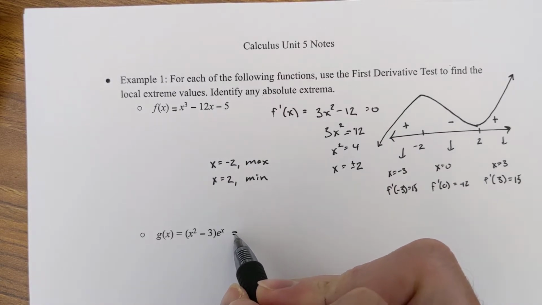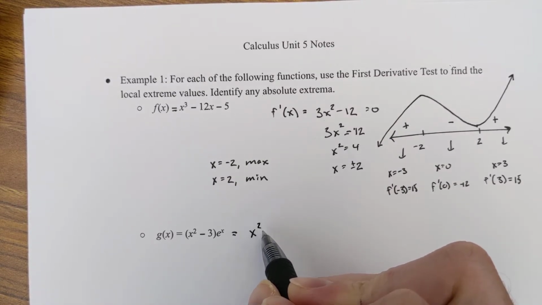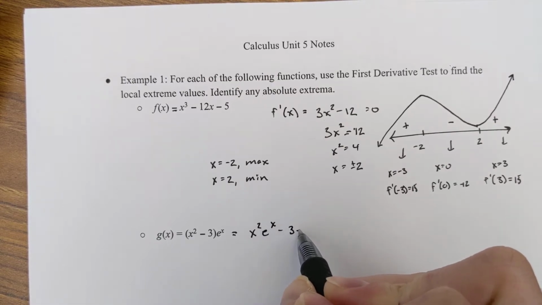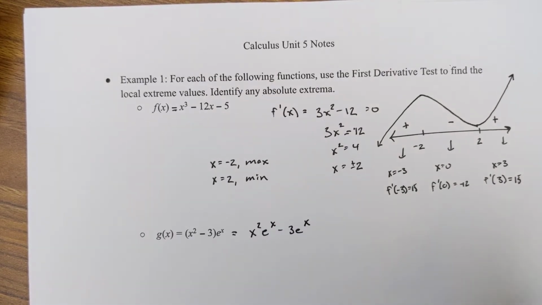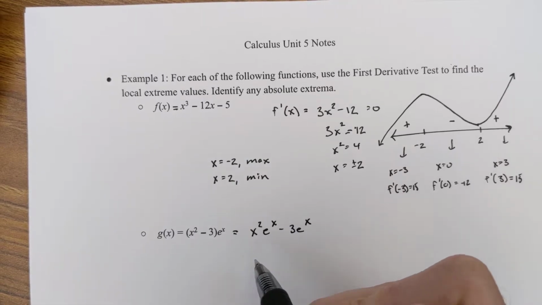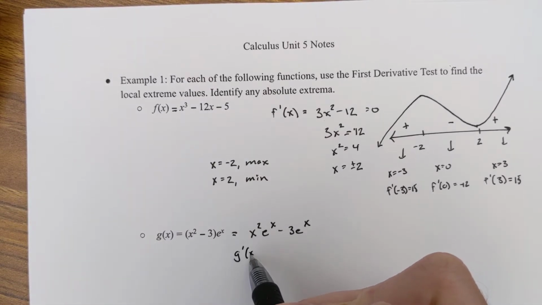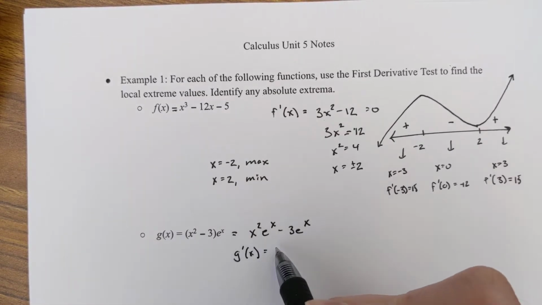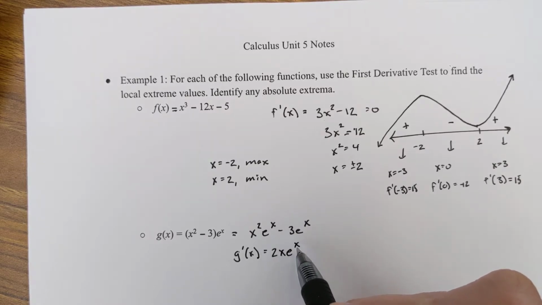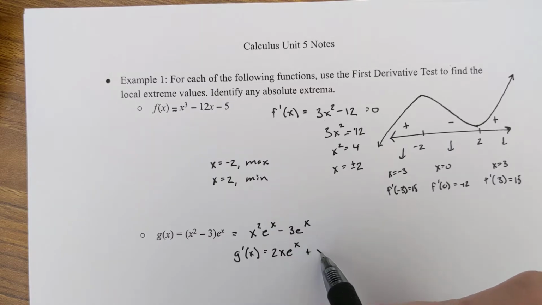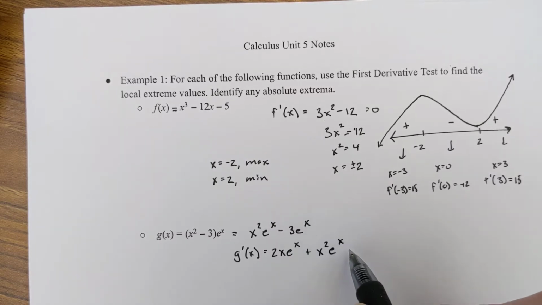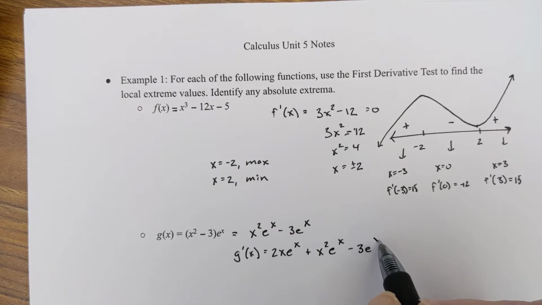I'm actually going to distribute first. So that's just doing the distributing. So for g prime, this part here is product rule. So 2x e to the x, derivative of the first, leave the second alone. Then it's going to become plus x squared e to the x. And then I remember e to the x is its own derivative. So this would simplify as 2x e to the x